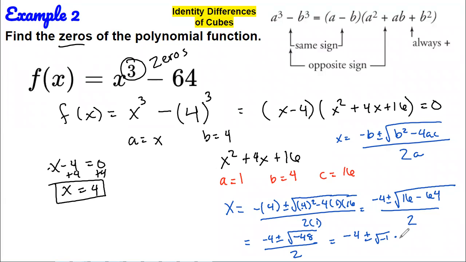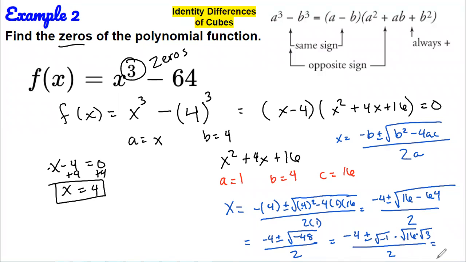Let's see, let's go ahead and factor out 16 out of it. Can we factor out 16? We can factor out 16. We can factor out 4. It should give me, no, 4. 16 times 3, right? Square root of, yeah, 16 times 3. 16 square roots of 3 all over 2